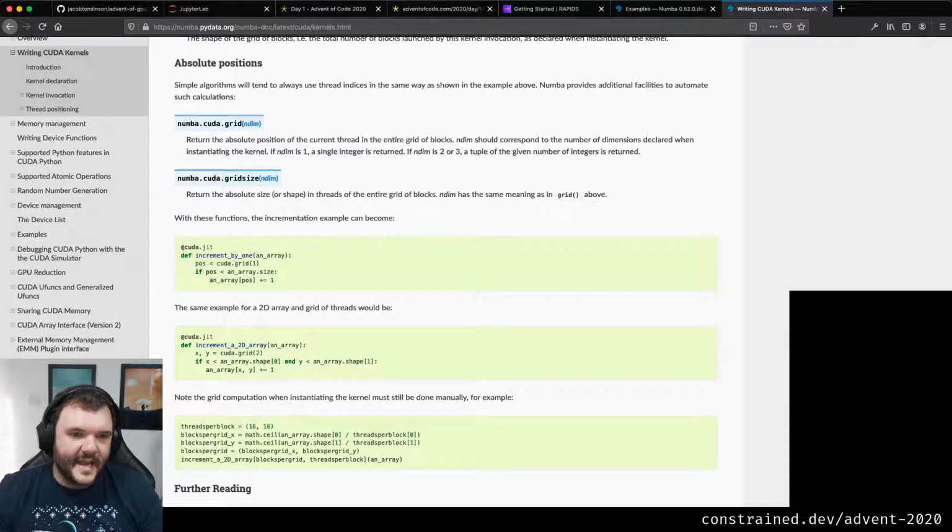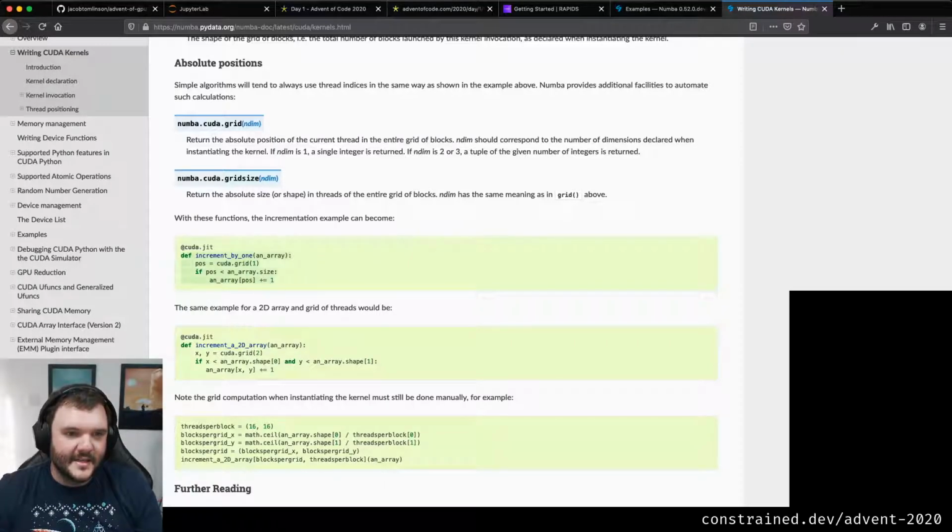Then you can check whether the position is actually inside the array. If you have an array of 100 items and you call your function with 1,000 threads, 900 of those threads are going to have nothing to do. So you need a bit of logic here to check: do I need to do anything? Am I one of these? So if my position is actually in the array, increment by 1.